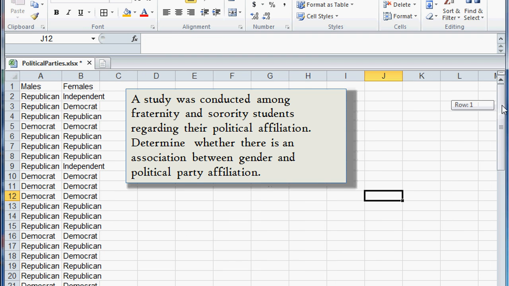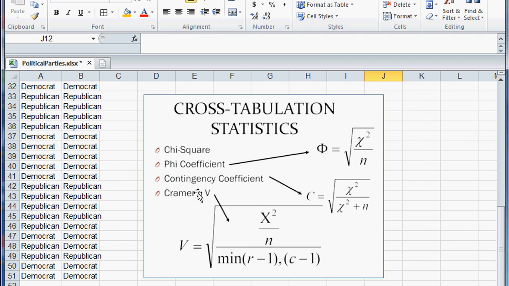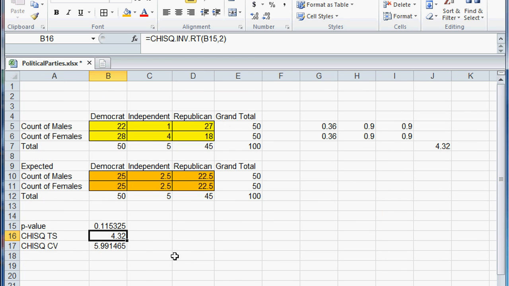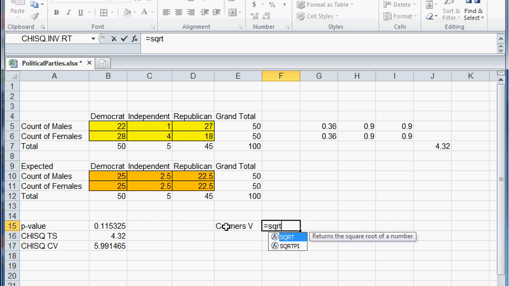Now, one more process we need to follow, and that is to calculate Cramer's V. And notice that Cramer's V is equal to the square root of the chi-square value divided by the number in the sample, and that value is divided by the minimum of the row minus 1 or the column minus 1. Well, in this case, we know that we had 2 rows minus 1, so it's simply going to be 1. So square root of chi-square divided by n. So we'll hop back over here, since this is where our chi-square value is, and I'm putting Cramer's V right here, and it will be equal to the square root of, and now we want it to go ahead and